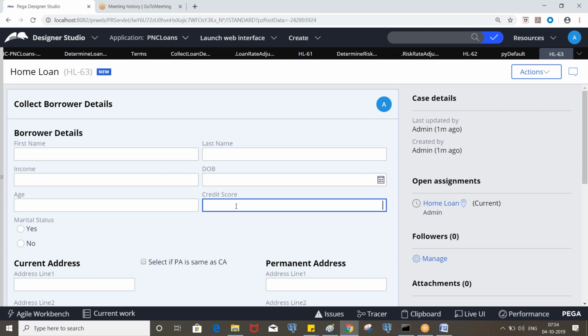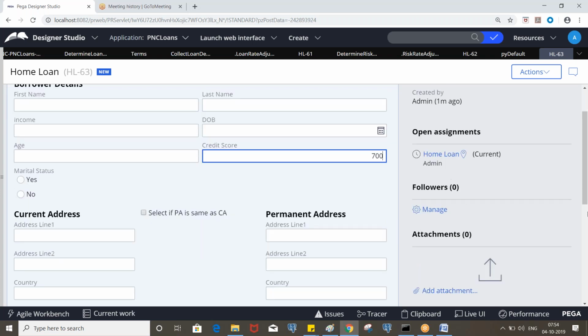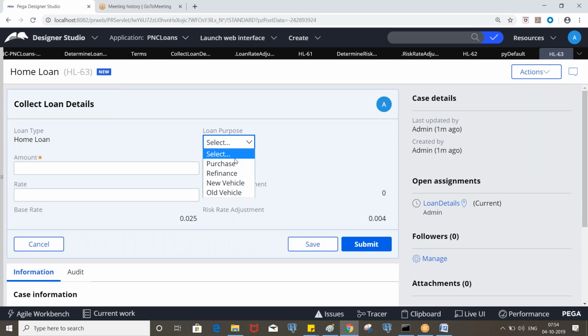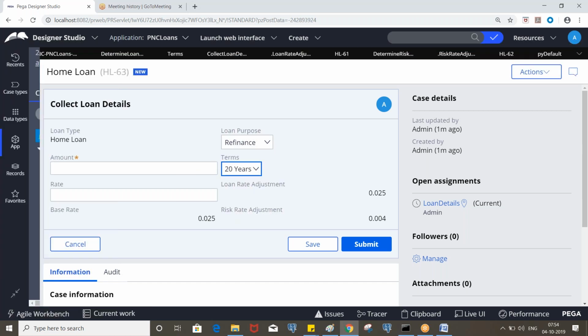Okay. So now we have base rate, loan rate and risk rate. Rate should be the sum of all these three, right? So again create a declare expression on the rate property.